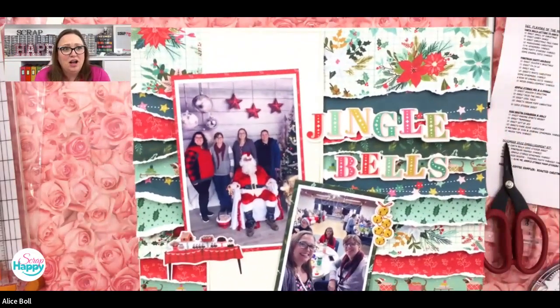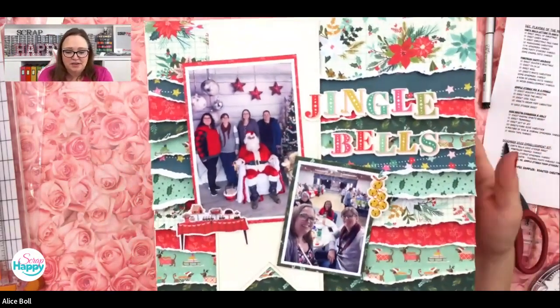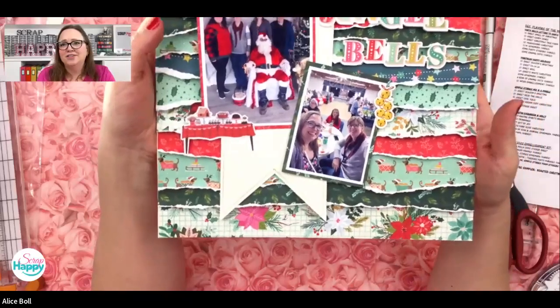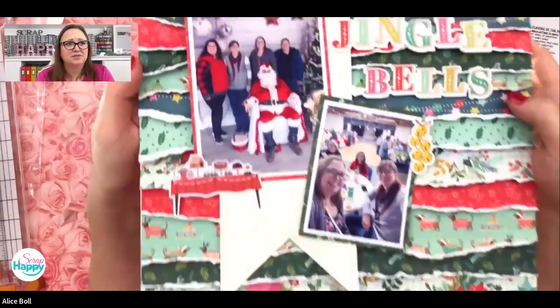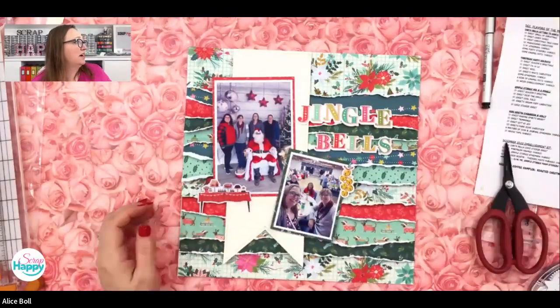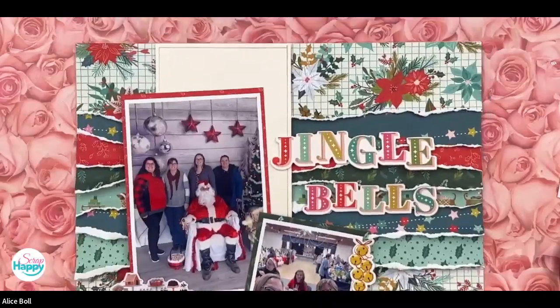So here we go. I'm calling it good. I feel like I could have something up here, but I don't. And maybe I won't. So we'll see. When I add journaling, sometimes it's like, but it's so cute. So here we are with Santa. Oh, I know I should be doing this, because that's what we set it up for, so I don't have to fight with